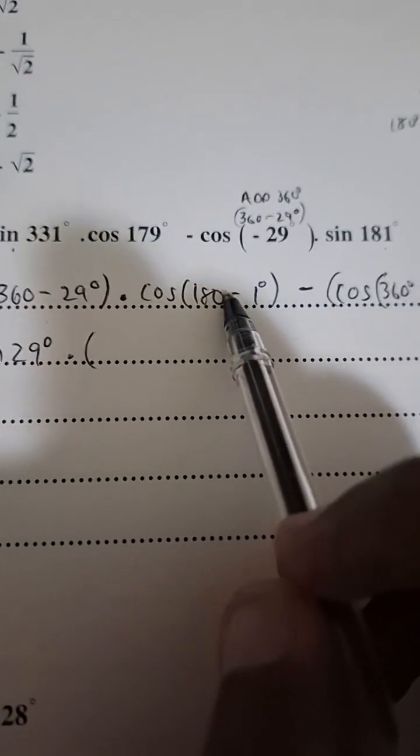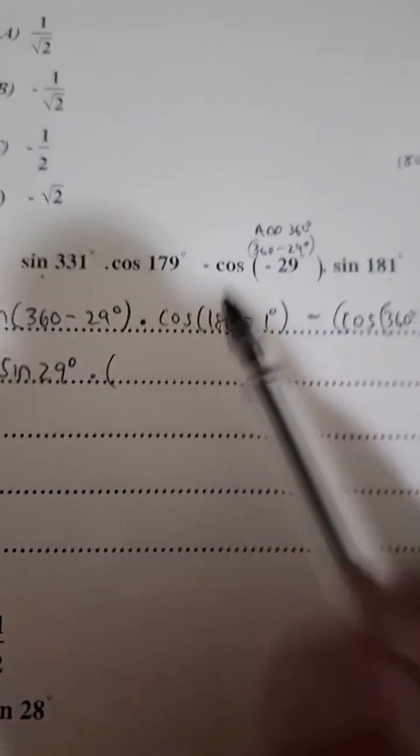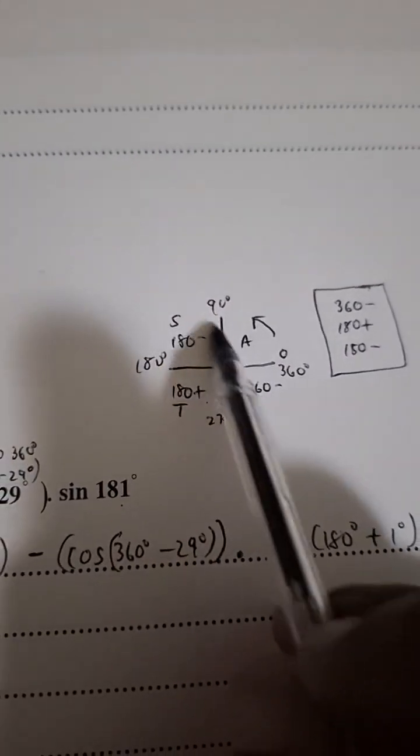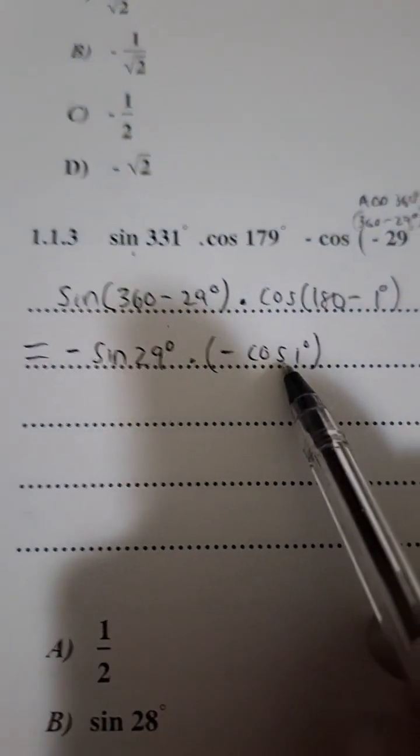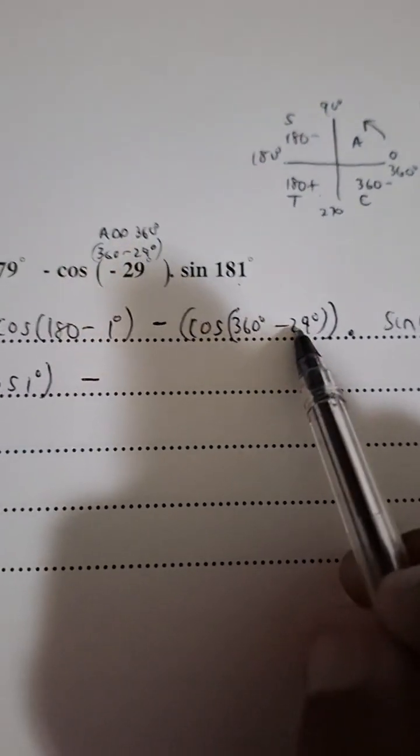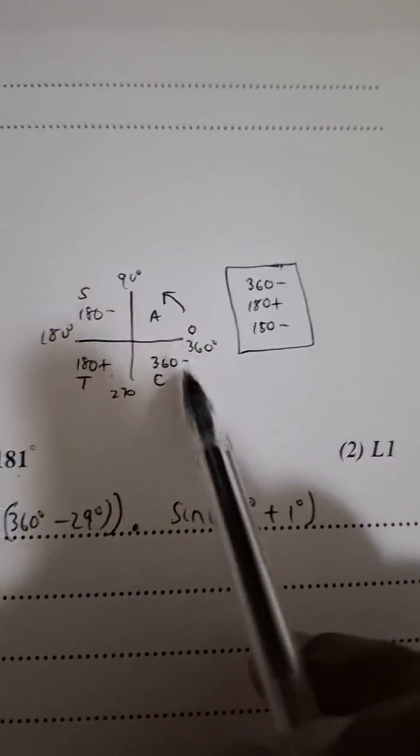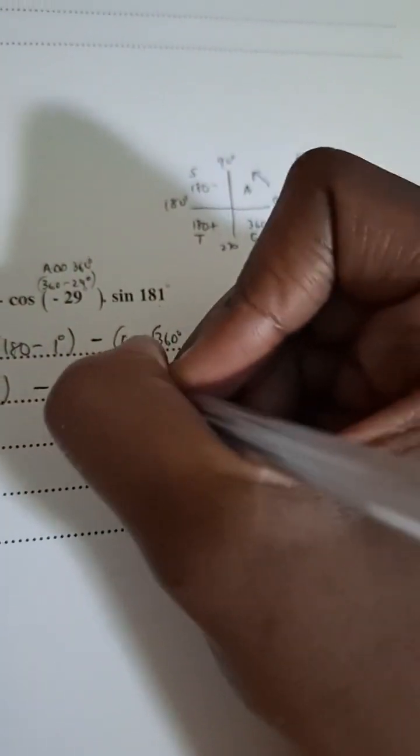Let's move right along. Cos of 180 minus 1. 180 minus is in which quadrant? It is in the second quadrant. How is cos in that quadrant? Cos in that quadrant is also negative. So we write negative cos 1 degrees, followed by the minus sign that's there. Then in brackets, 360 minus is in which quadrant? It is in the fourth quadrant. How is cos there? Cos in that quadrant is positive,